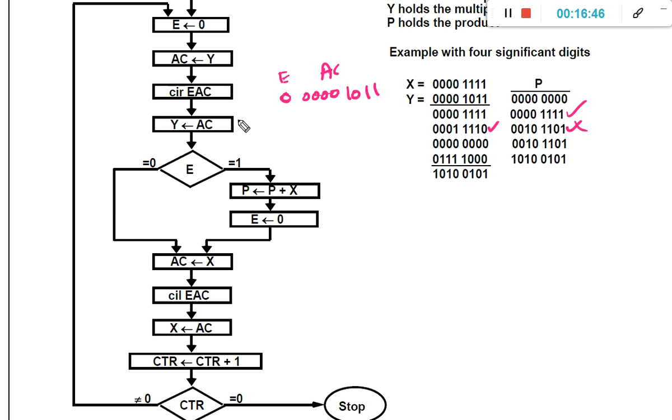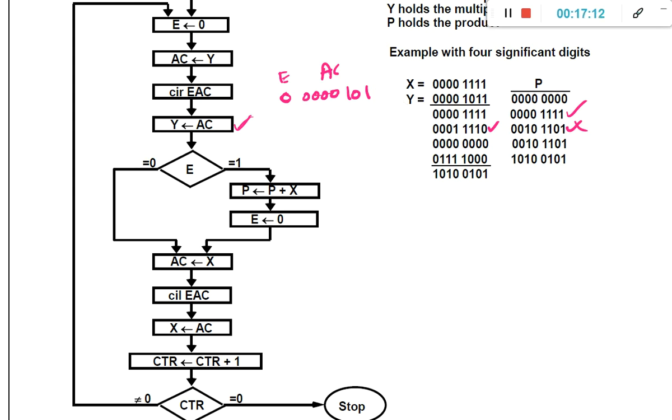Now in the first iteration, in this particular step, we updated the y value. We forgot that. So that's why the present y value will be, because we have performed the circulate, right?